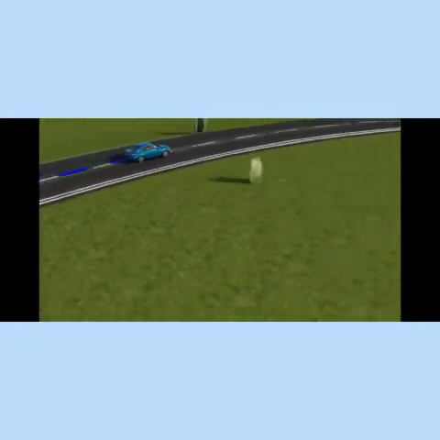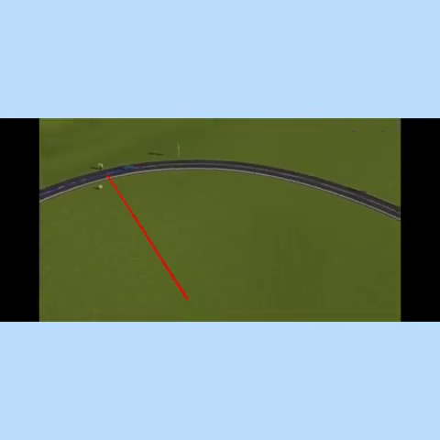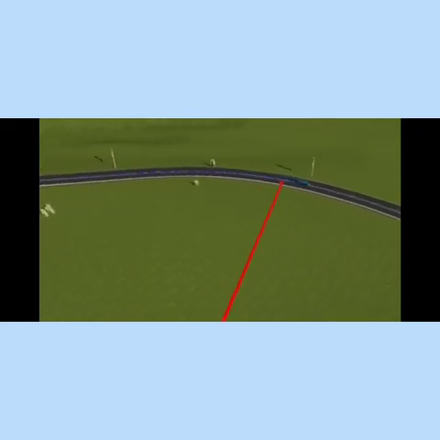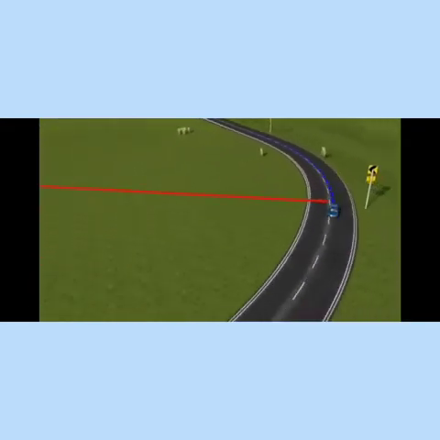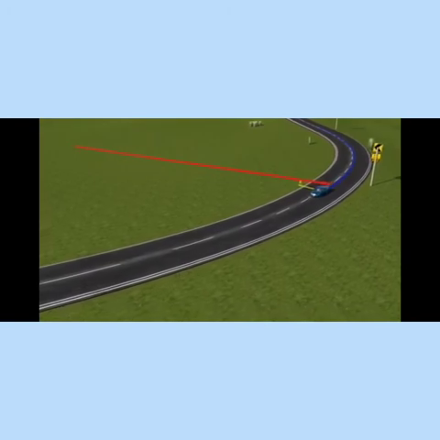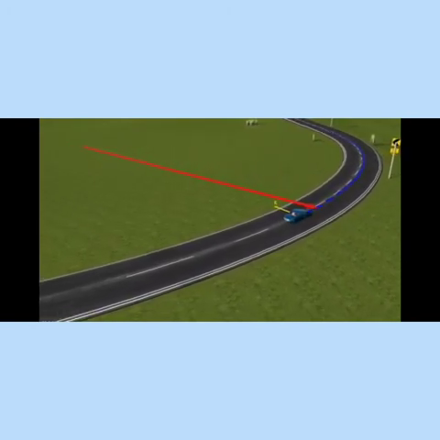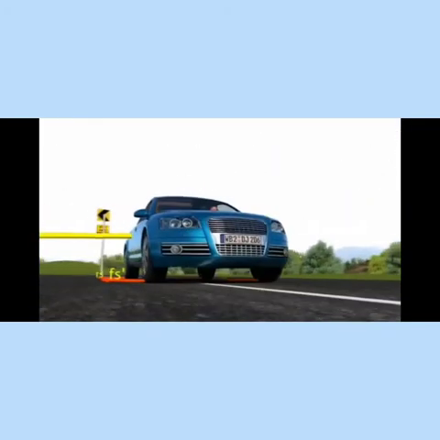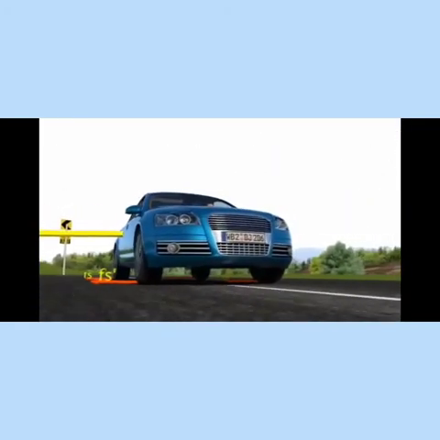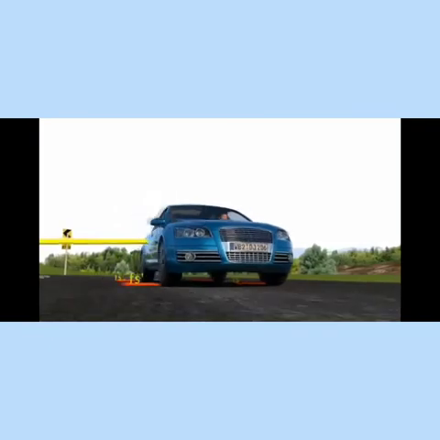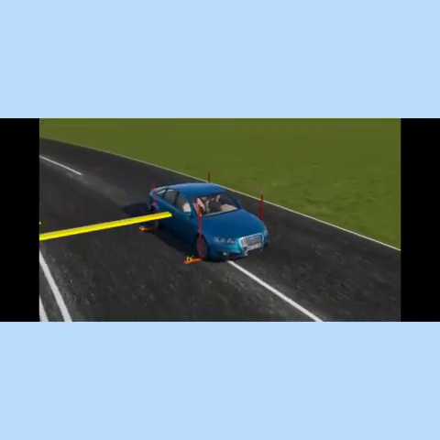In this video, as you can see, a vehicle of mass m is moving along a curved road of radius r, which is shown by a red arrow. Now in order to take a safe turn, the centripetal force is required, which is directed along the radius towards the center of the circle and which is provided by the force of friction between road and the tire.